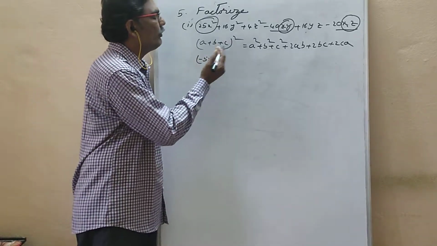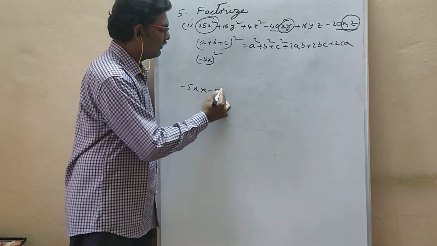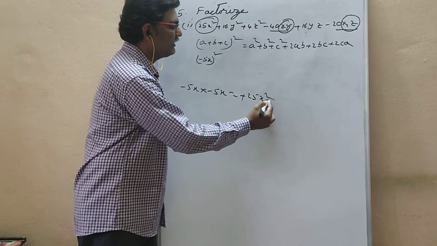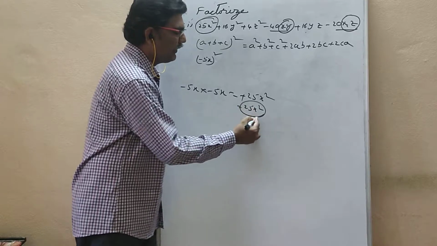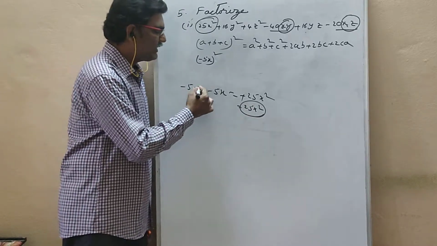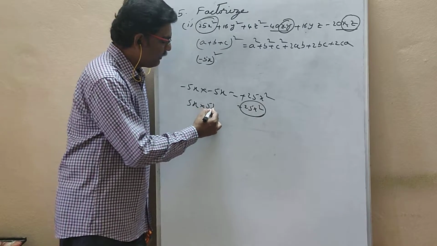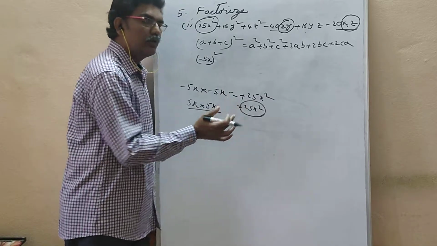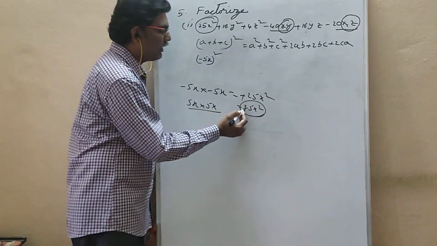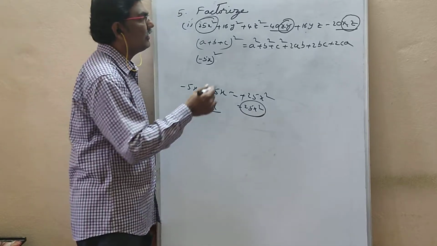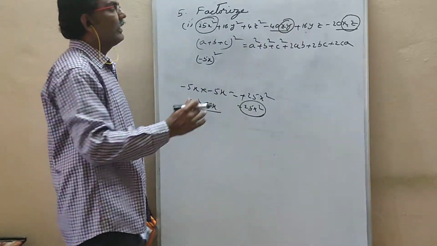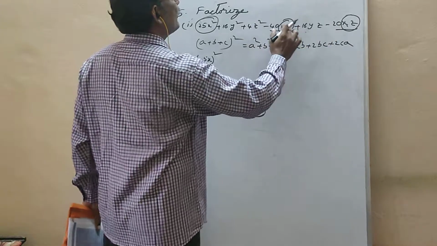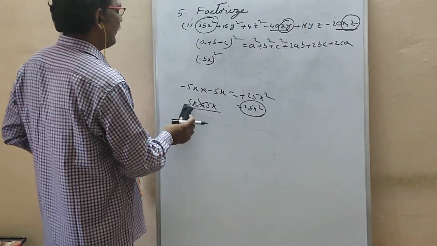So minus 5x into minus 5x, if you do it, minus into minus is plus, 5 into 5 is 25x square. Means 25x square only. 25x square you can write as 5x into 5x, plus 5x into plus 5x also 25x square only, minus 5x into minus 5x also 25x square. But we should not write 25x square like this now, because you are seeing some negative symbols there. If all are positive, you should take plus 5x plus 5x. Here you are seeing 2 negatives, so you have to keep minus for the x term.